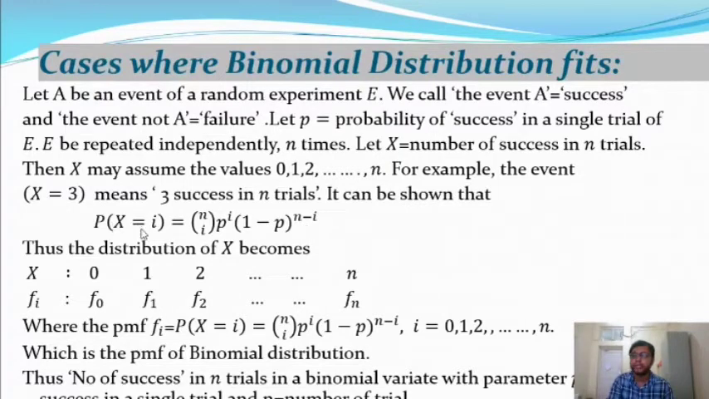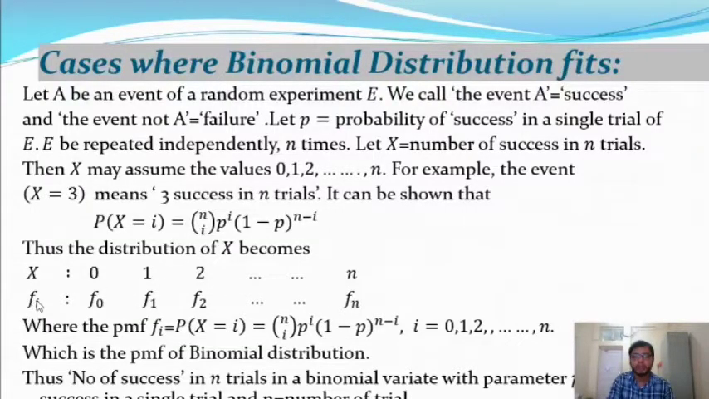And if we take x equal to 3 in a binomial distribution, then it will be changed. That means the probability of x equal to 3 is equal to nC3 p to the power 3 into (1 minus p) whole to the power n minus 3. So thus the distribution of x becomes x such that 0, 1, 2, 3 and up to n,